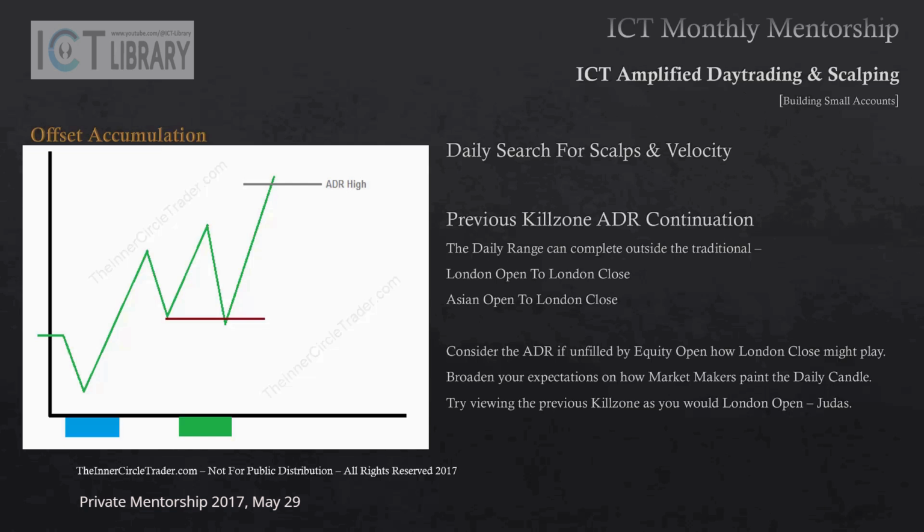Now, what do I mean by that? Well, as we learned in this mentorship, the Asian Open can be the catalyst for the lower high of the day formation based on its opening price. So the vertical dark line here, delineating a reference of our beginning point in time, we're going to think for a moment that this is the 0 GMT hour, or Asia's Open. This could very easily be that phenomenon here, where at the opening it drops down in the blue shaded area. That blue shaded area could simply be the Asian Open kill zone.